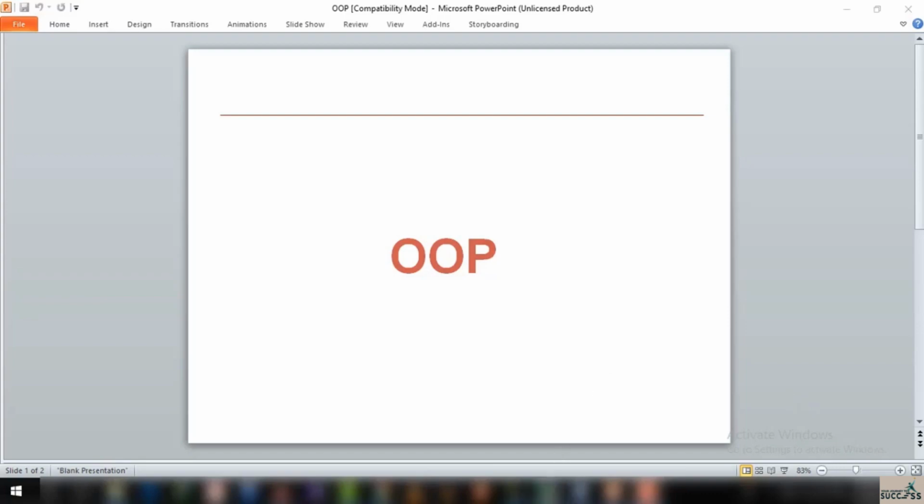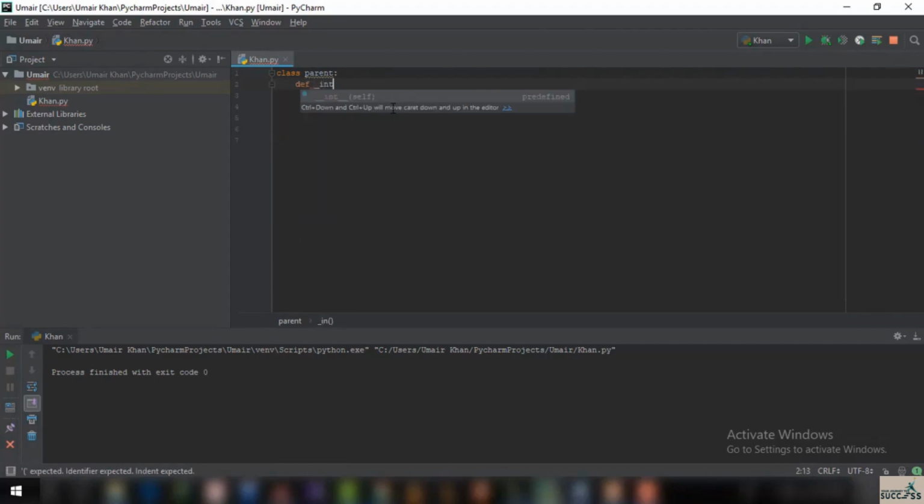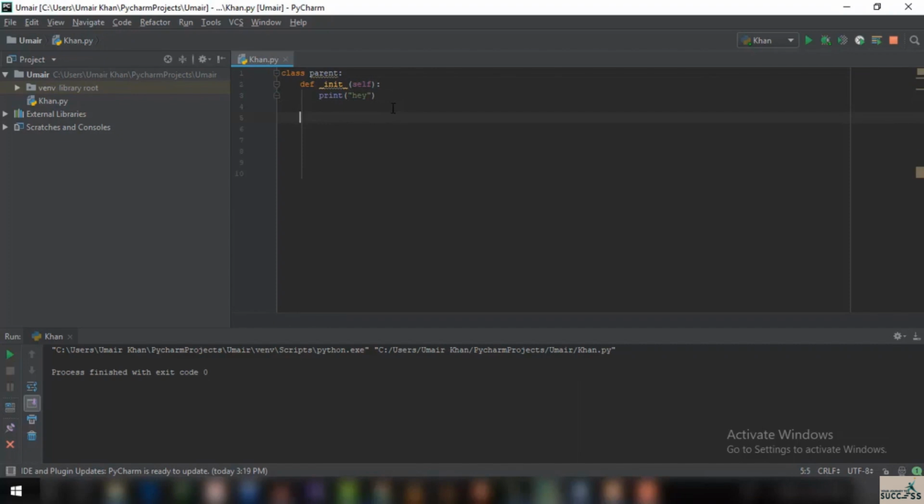So I will move on to PyCharm, and in PyCharm I'm going to initialize a class parent, and that parent class is going to have a function that is going to be the initializer function, and that initializer function is going to simply print out a, and then we are going to have another method named parent method, and that parent method is going to print out